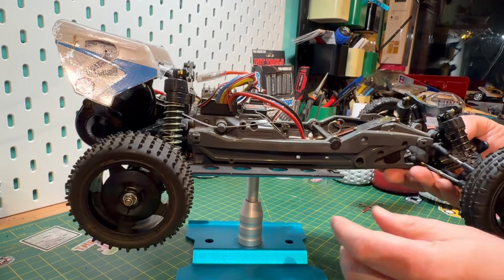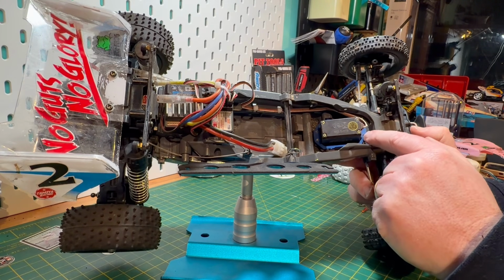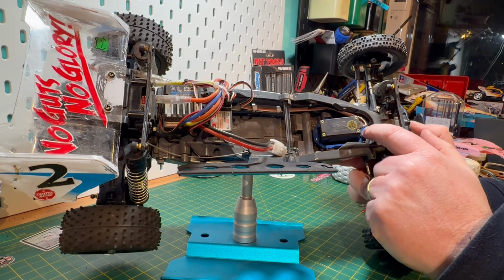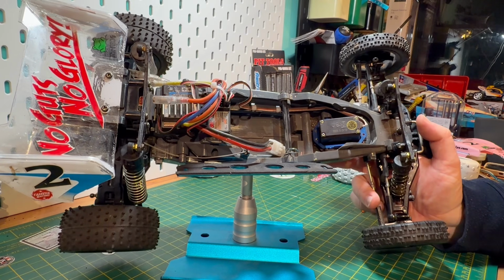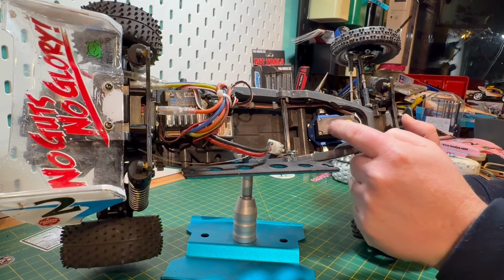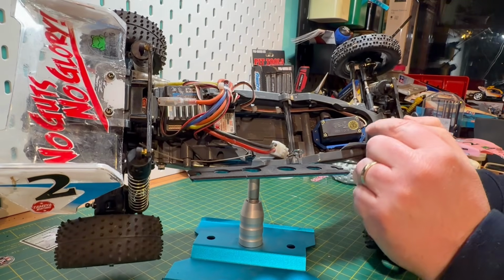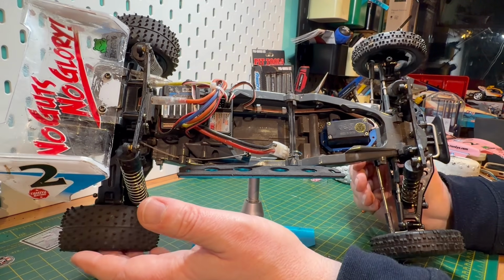So this is the inside of that particular chassis. If I turn it outside so you can see, the front here, I did get a hop-up there. I got an alloy servo mount in there. I really got that because it was there and it was available. I don't think you necessarily need it, but I've not had any problems or any issues at all. You'll notice I've got some weights in the front of my buggy, and there's also some weights on the side. The front end on this can be quite loose, and if you're out on the rough stuff, on the dirt and stuff, it will